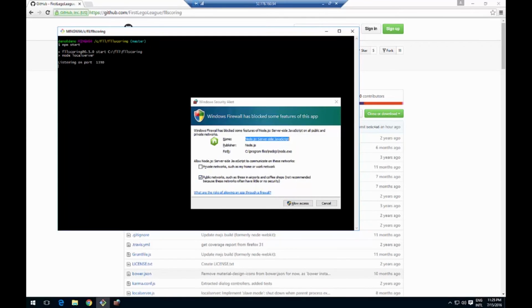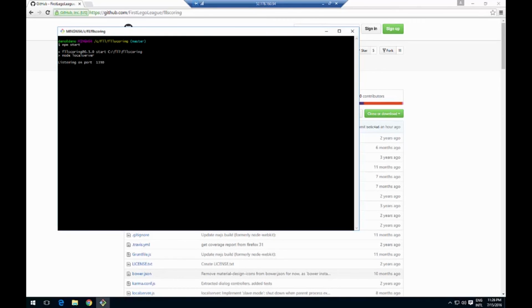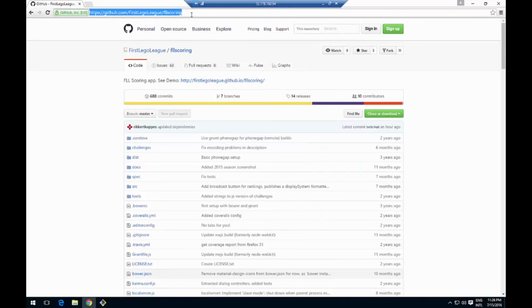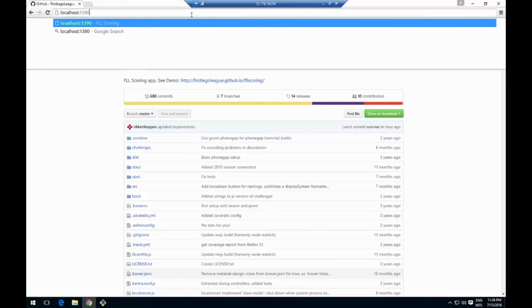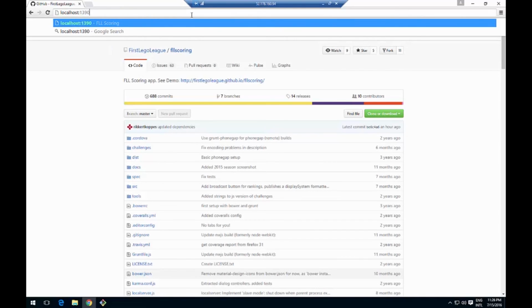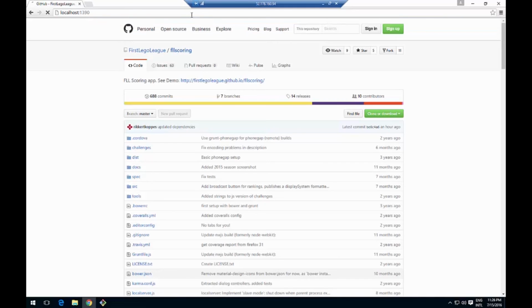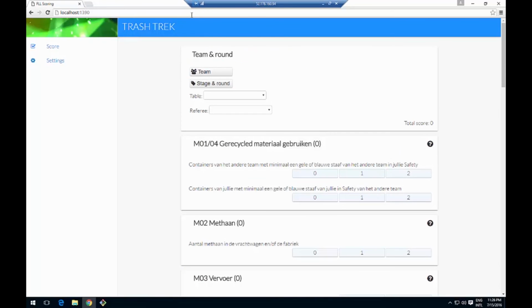As you can see, it's now listening on port 1390, and if you also want to reach this from outside of your own PC, you have to allow it access through the firewall. So let's see what it looks like. We'll go to the URL that was listed in the screen we just saw,